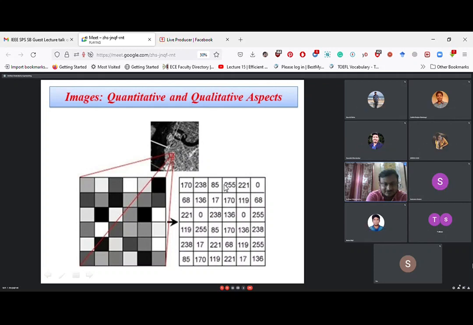We need to see this image in that way. And that intensity is distributed from 0 to 255. It means the intensity can be represented by using an 8-bit binary number. Because if we represent the intensity by using an 8-bit binary number, we can have 256 levels, which can be represented by 0 to 255. Total 256 levels. So it is also called uint8 representation, meaning 8-bit integer representation. The intensities or the gray levels of images are represented by 8-bit integers.